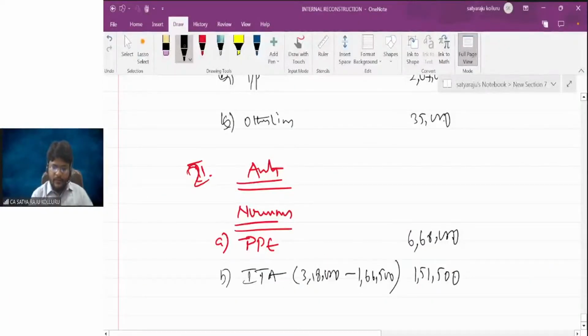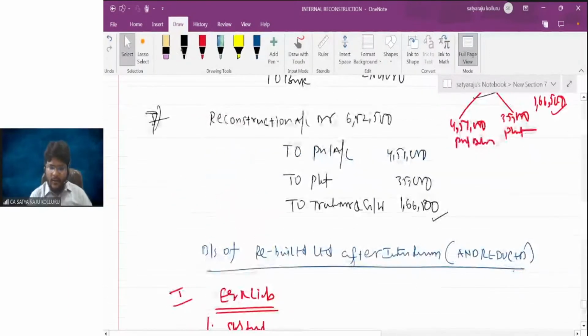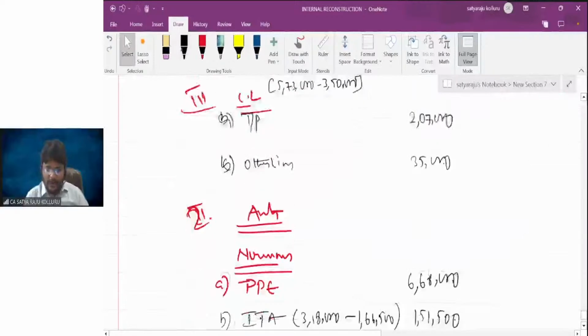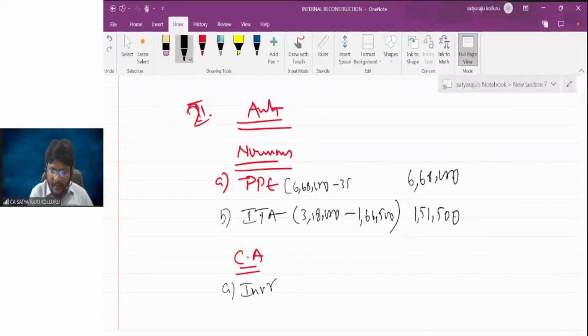Next, guys, after intangible assets, inventory is there, trade receivables is there. Next, you can go for current assets. A, inventory. Sir, inventory anywhere we reduced? Plant, one more thing, guys. I think plant is there. I ignored that. Plant we reduced now, 35,000. I'm so sorry. Today I don't know what happened to me. So many clerical mistakes. 6,68,000 minus 35,000. Plant is also there. Please, all of you consider this. I ignored. 6,68,000 minus 35,000, which is 6,33,000.